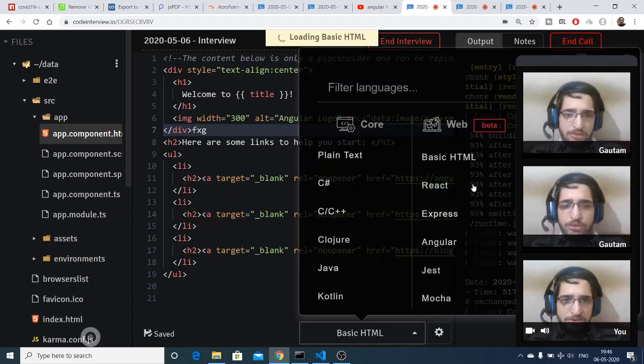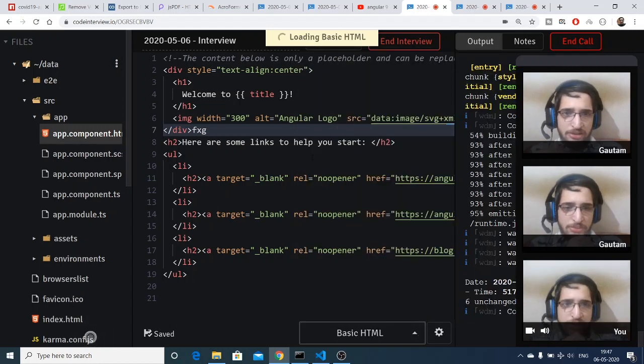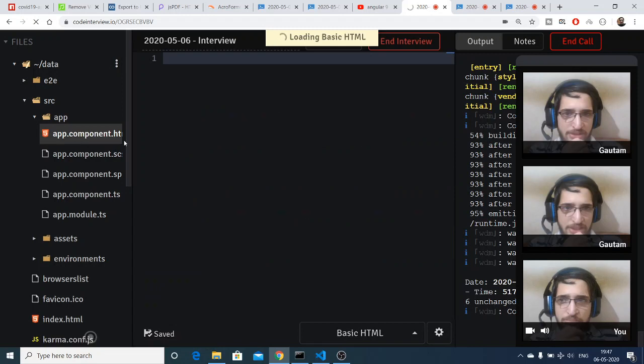In the beta version, you can see that MySQL database is also supported. You need to check this, it is there inside the beta version. Here you can write your code. You can even save your code as well. Just wait, it is saving the code.